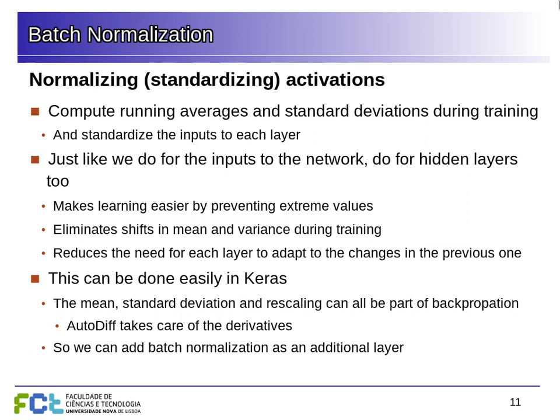So what we can do is compute running averages and standard deviations of the activations of layers during training. We keep moving averages of those values. And just like we do for the inputs, we do this for all the layers in the network, or the layers that we want to apply this to. This is easy to do in Keras because you have a batch normalization layer that you can just put between the layers. And it makes learning faster, because despite this being called batch normalization,